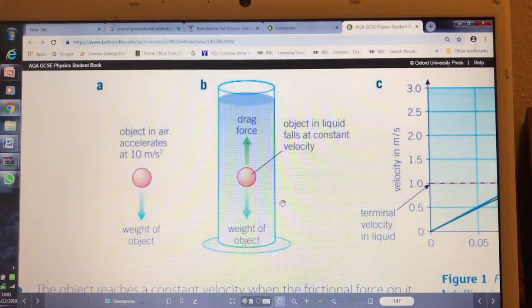I've got two diagrams here right now, and if you look at A, A is showing you an object that's falling through the sky, falling through air. And as you can see from there, the object is basically accelerating at 10 meters per second squared. What that means is that the gravitational pull is causing the object to increase its speed by 10 meters per